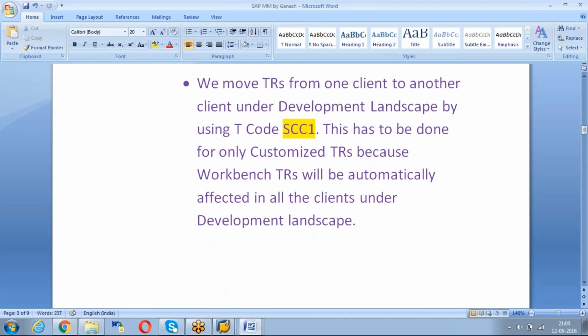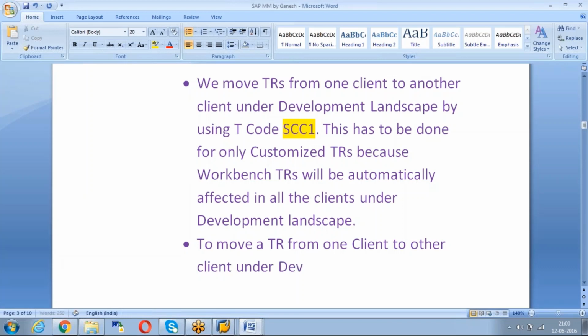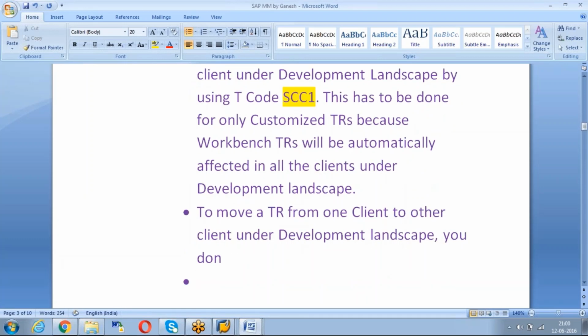Okay. And here one more point. To move a TR from one client to another client under the development landscape, you don't have to release the TR.